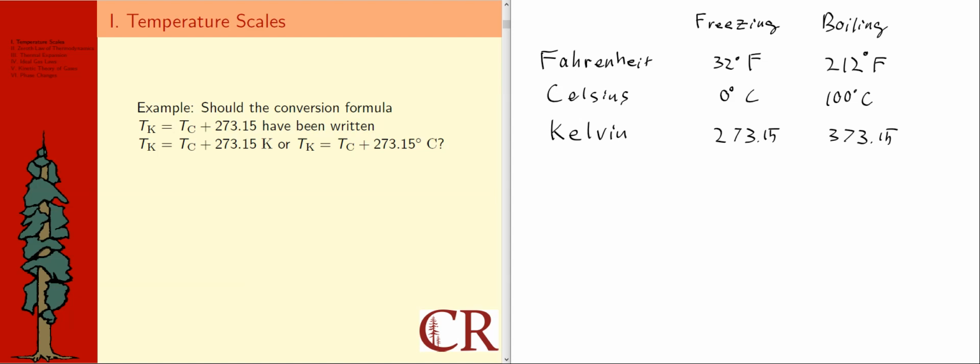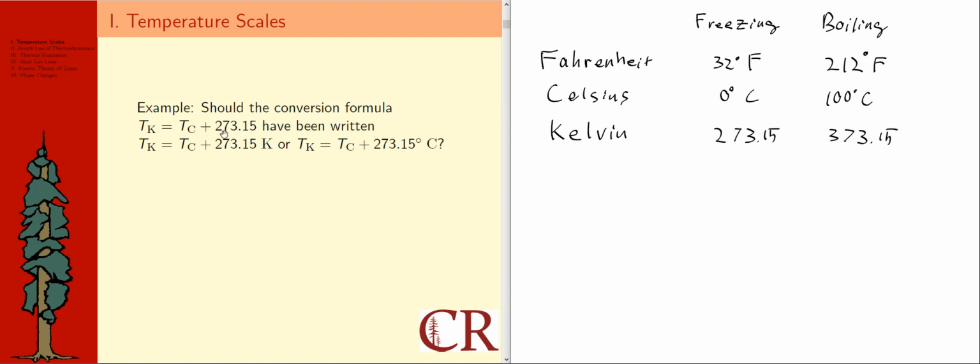Should the conversion formula, temperature in Kelvin is equal to temperature in Celsius plus 273.15, have been written instead as temperature in Kelvin is equal to temperature in Celsius plus 273.15 Kelvin, or maybe as temperature in Kelvin is equal to temperature in Celsius plus 273.15 degrees Celsius? And maybe you see what I'm getting at here: was it okay for me to